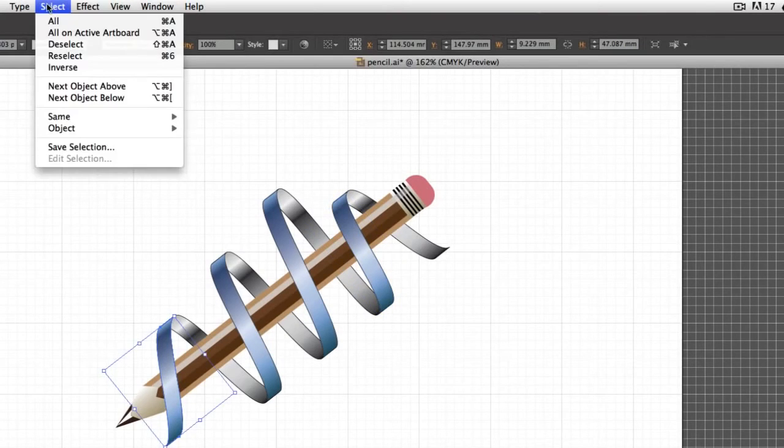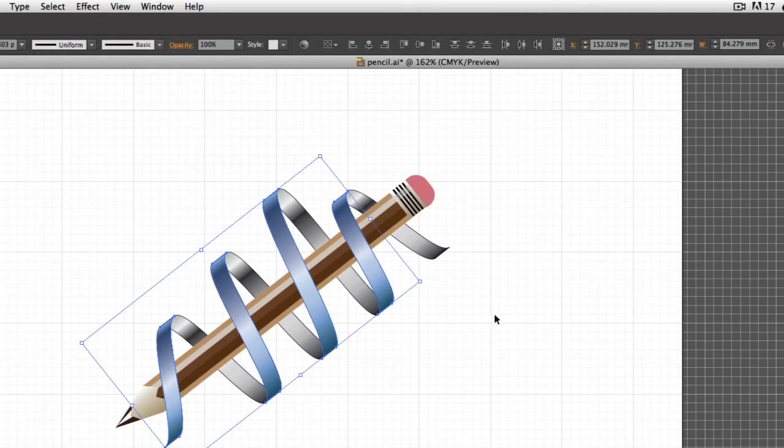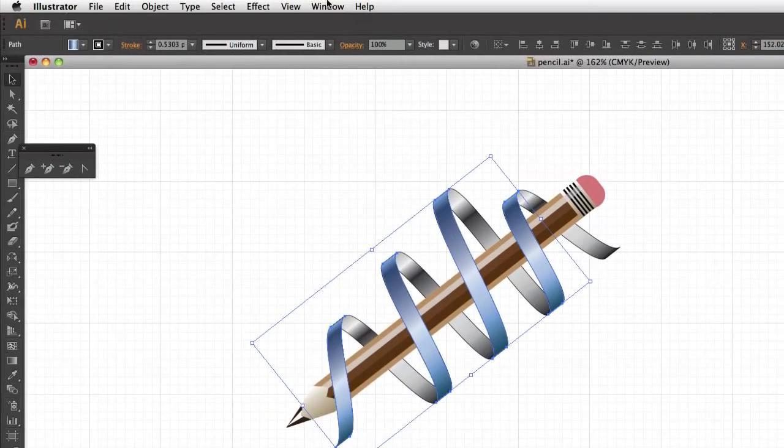select all the blues again and just see. I like this select same thing. It saves a lot of time, and also you don't miss one accidentally. So I select all the blue ones there, all the front ones, and like I said, there's loads of gradients that you can try, but symbols, not symbols, what is it I want? Just a second. Yeah, the effects here, when you go to window